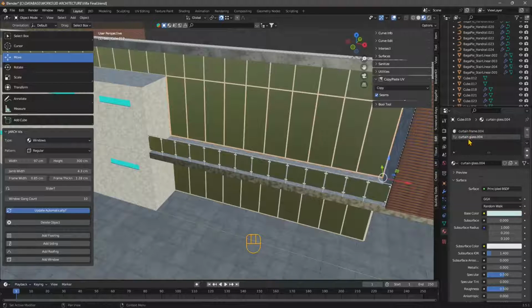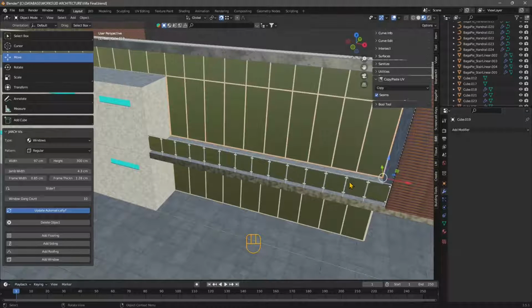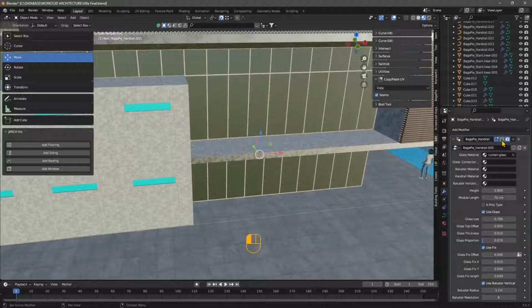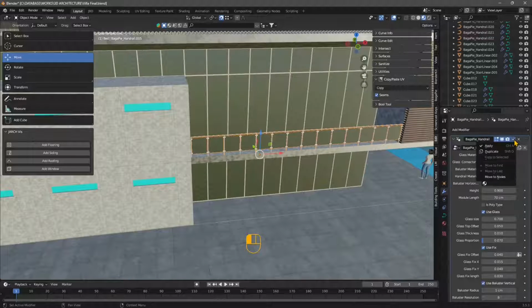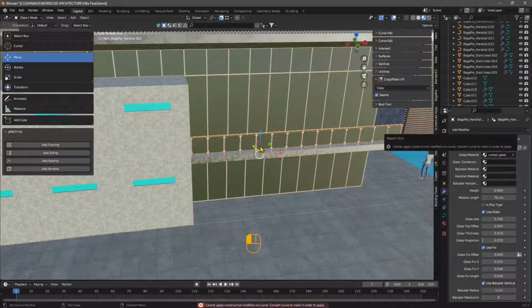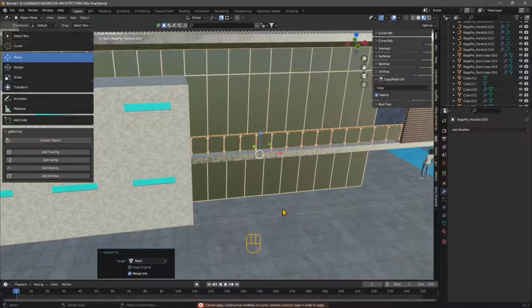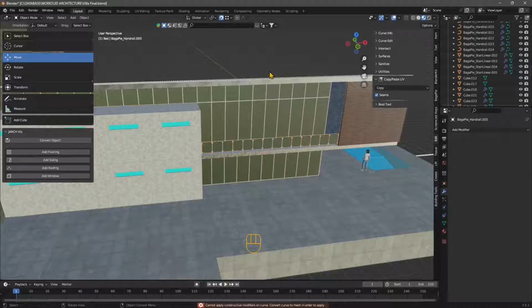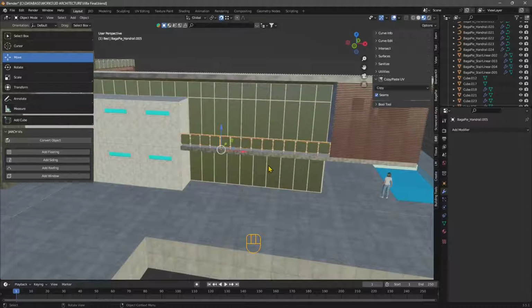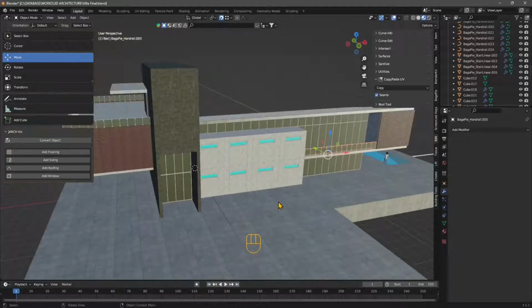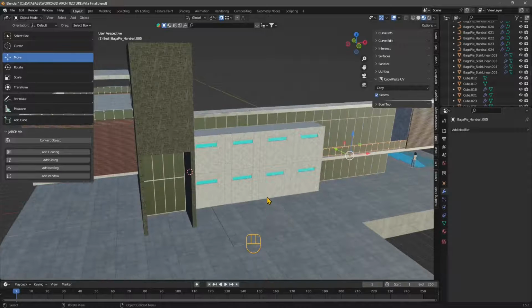So you can see also this is a curtain wall, and it already has two materials, one for the frame and one for the panels, and that's the way it should be. So you need to have multi-materials applied to one single object if you want to create more than one. So you either go here to apply everything, and if it doesn't, you need to convert. So right click and convert into a mesh. This is how it's done in Blender, but again, it's similar in other software. When you export from Rhino, it's going to ask you to change your NURBS geometry into polygons, and in Cinema 4D as well, you can convert everything into